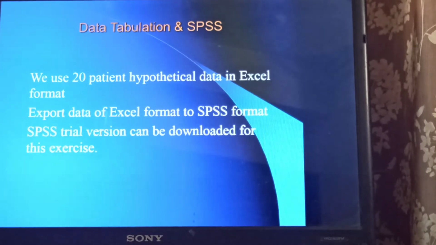We will be exporting the data of 20 patients, which was in Excel format, to SPSS format. As far as the SPSS package is concerned, trial versions are available for 1 month. Students can download this for this exercise.